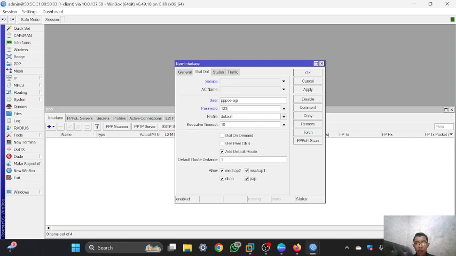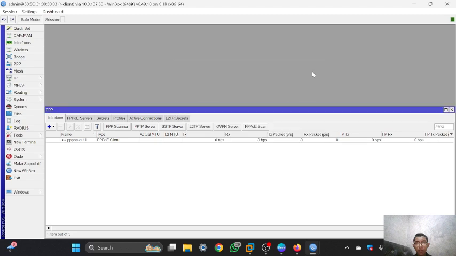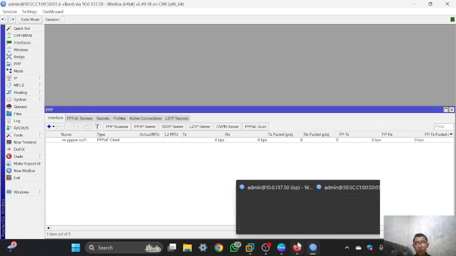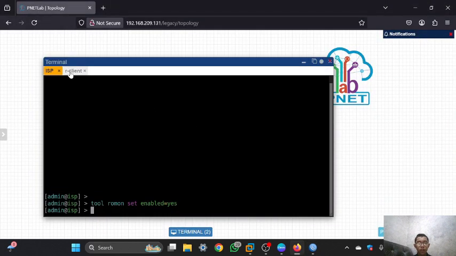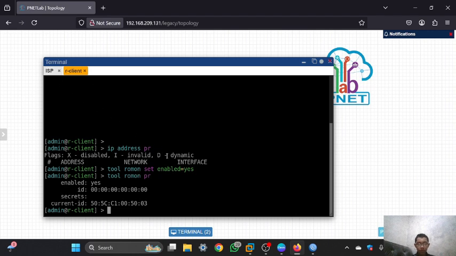and make sure that the add default route and the use peer DNS is turned on, so the router client will get the IP, DNS, and the default route dynamically from the router ISP. And after that, maybe you can click apply, and then you can try to ping to the internet, to the ESP or internet. I will try to ping to the ESP first using this IP,